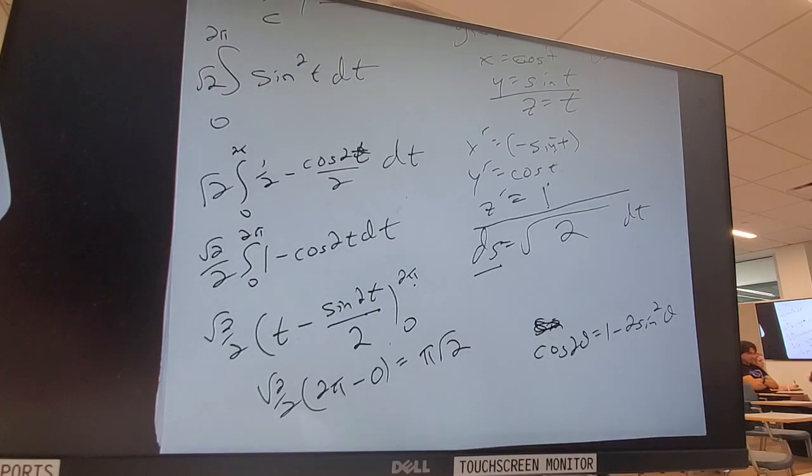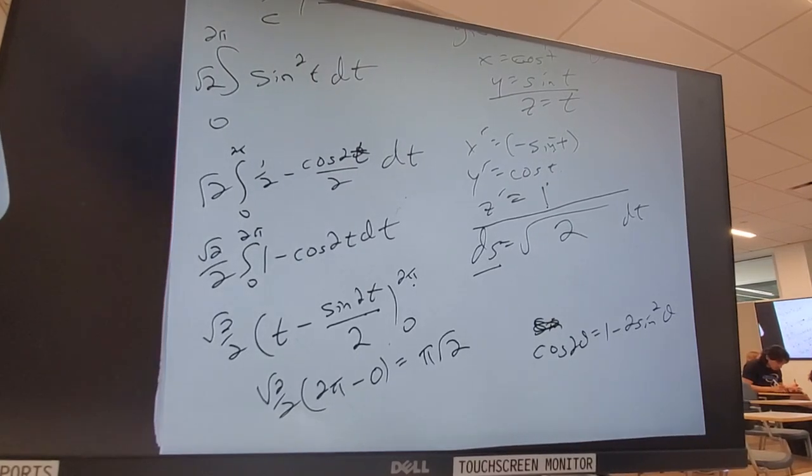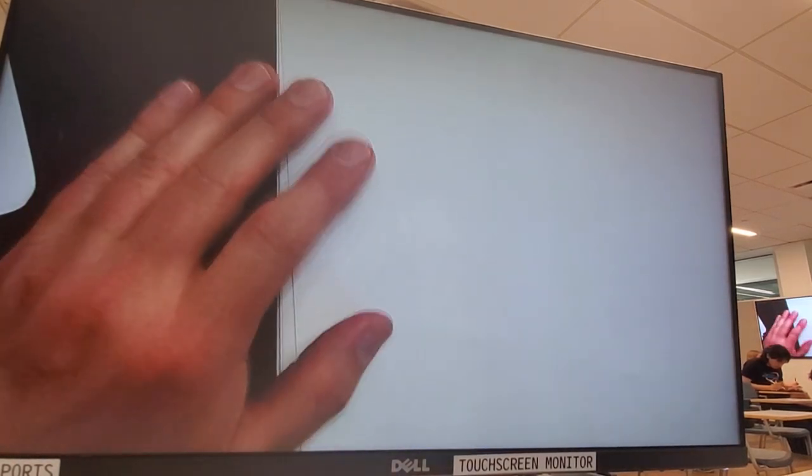So, like I said, very often one of the hardest steps, and not even that hard really, is going to be how to parameterize the curve you're given. Okay. How hard do you want to make it, Jeff? Ooh, I got time. Okay. I get to a certain point, I can give you a certain handout. All right, let's do this.